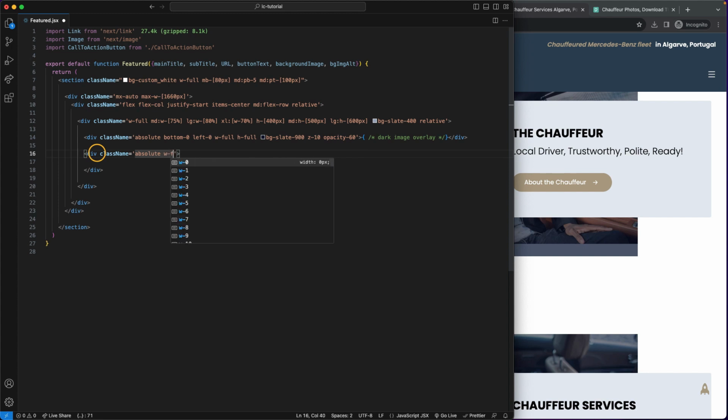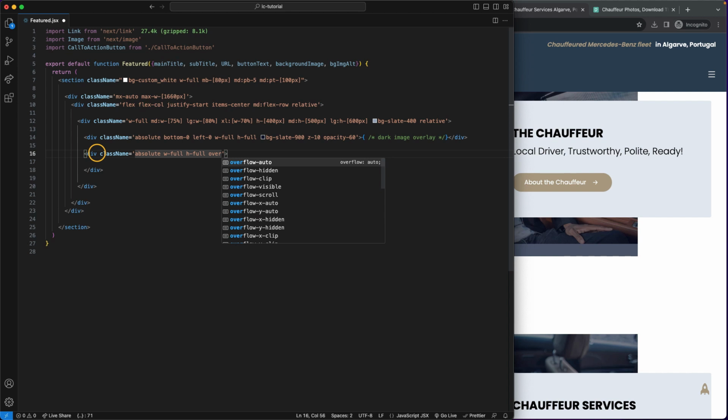Also width full, height full, and overflow hidden. We do not want the image, in case it's bigger, to jump outside of the div. Okay, overflow hidden. Okay, now it's time for us to use the image component that we have imported at the top earlier,